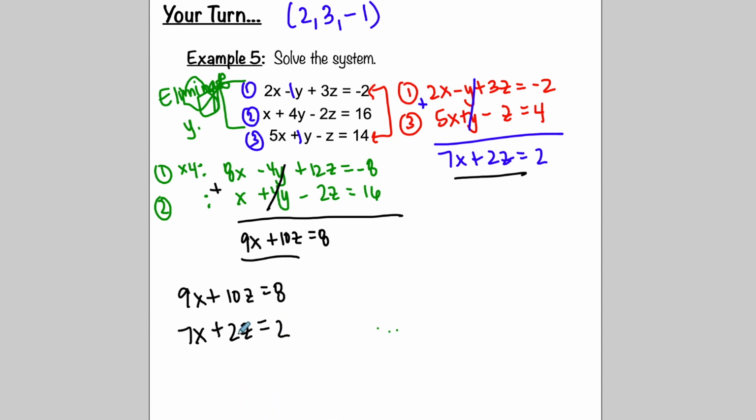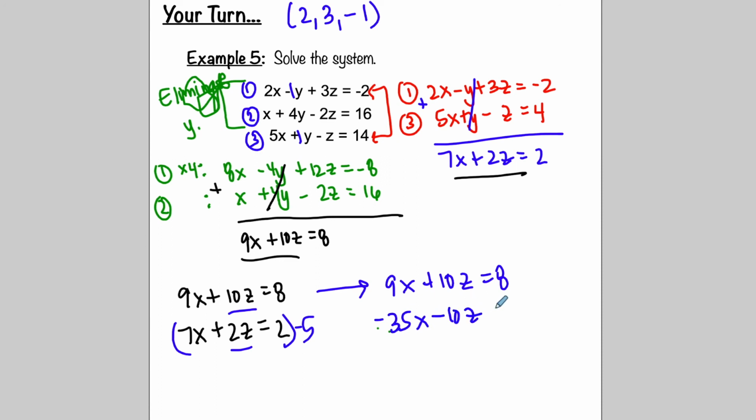So which variable do I want to eliminate? I would have to multiply this one by 7 and this one by 9 in order to eliminate my x's. So z's actually might be easier. This is a 10 and this is 2, so I can make the 2 be a negative 10 by taking this equation times negative 5. So I have 9x plus 10z equals 8. Then I have negative 35x minus 10z equals negative 10. Then I would add the two together, and the z's will cancel. And this will leave me with negative 26x equals